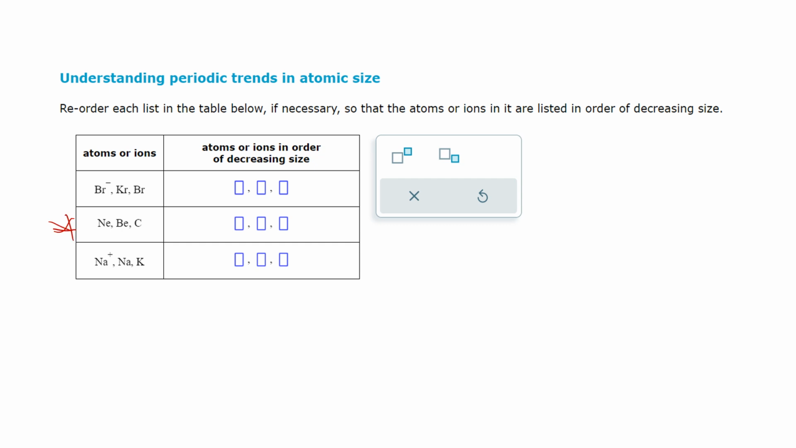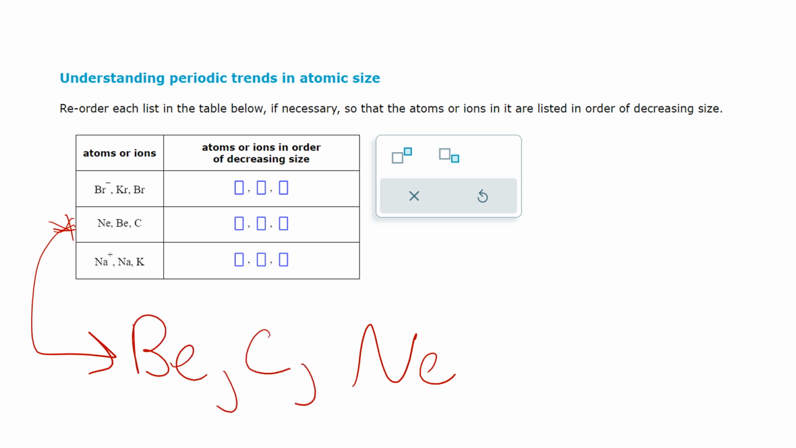The closer it is to helium and fluorine, the smaller it is. So we have neon, which is right there. So atoms in order of decreasing size. We know that neon is going to be the smallest. And then beryllium is way on the opposite side, and carbon is in the middle. So we have beryllium as the largest, then carbon, then neon. So if you look at which one is closer to francium, francium, remember, is the largest, and fluorine, helium, is the smallest. So now if we do one with